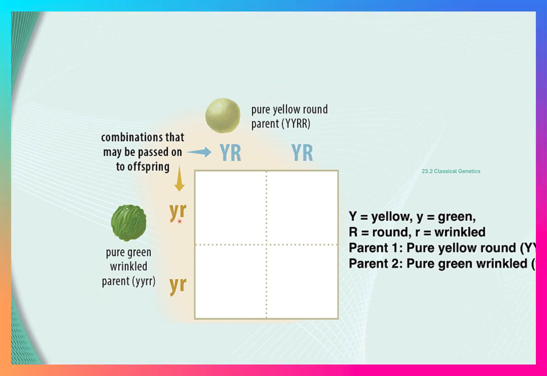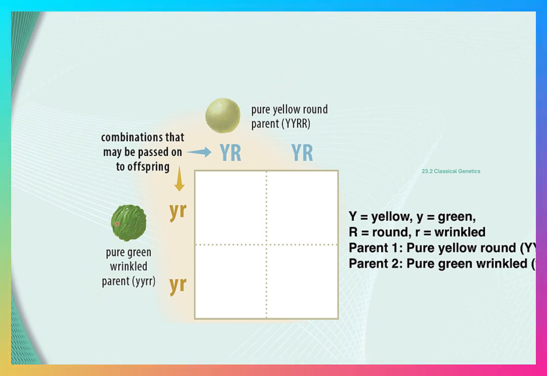Similarly, we have homozygous for green and homozygous for wrinkly. Both the green color, which is recessive, and the wrinkly seed, which is recessive, are expressed in these